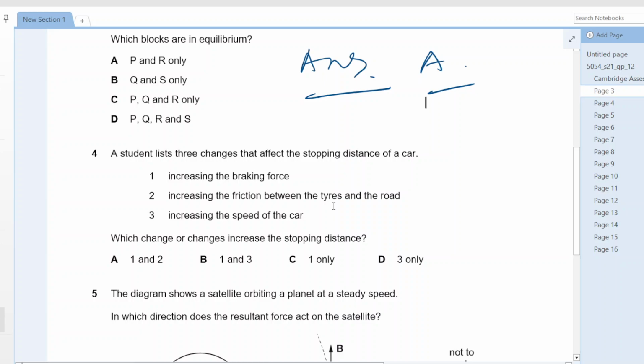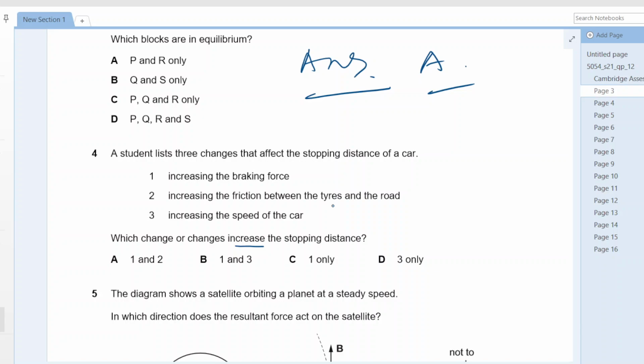At question 4, a student lists 3 changes that affect the stopping distance of a car: increasing braking force, increasing friction between tires and the road, and increasing the speed of the car. Which change or changes increase the stopping distance? Stopping distance has to be increased. Therefore,